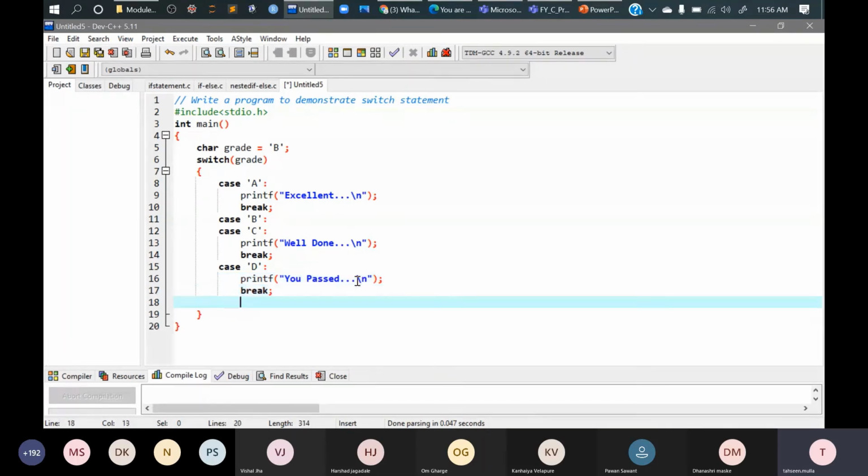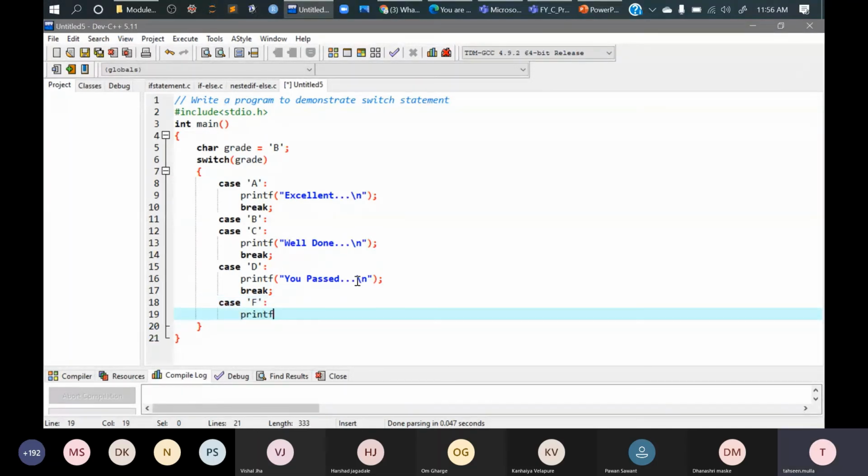Now, a person might fail. He might get a grade below D. So we need to consider that case also. We put it as F, F indicating fail. So printf statement.